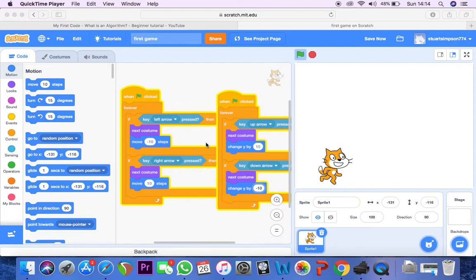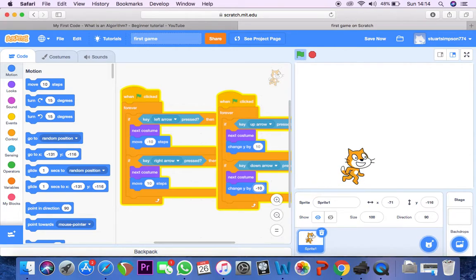So what I've got here at the moment is what we did previously, which was literally just to make our cat be able to move around the screen. I'm using the arrow keys to make him move where I want. Okay, so now what we're going to make is something for our cat to do, an objective, a purpose